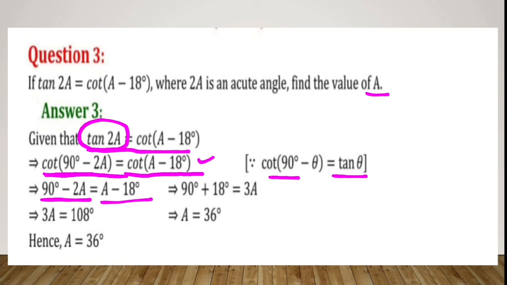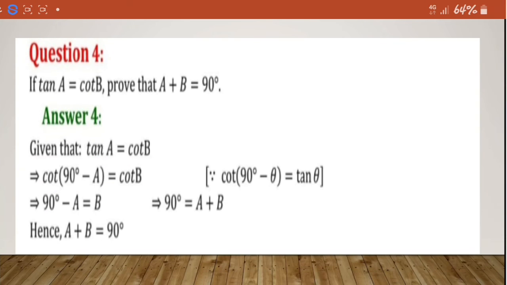If you solve the equation, 90 plus 18 equals 3a, that is a equals 36 degree. So the value of a will be 36 degree. Now we will discuss question number 4. In question number 4, if tan a is equal to cot b, you have to find the value of